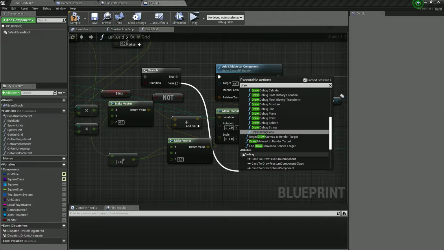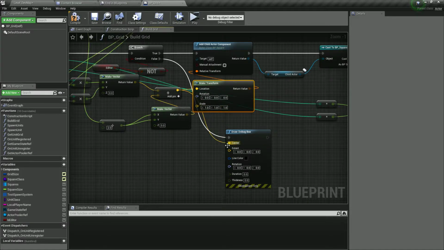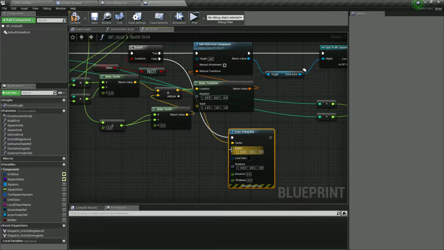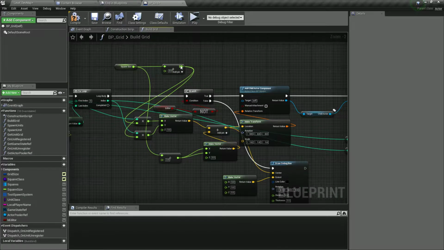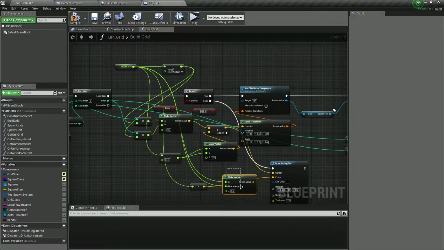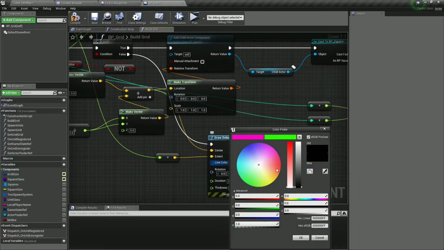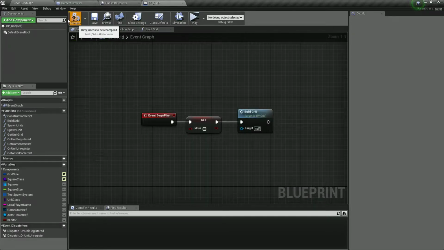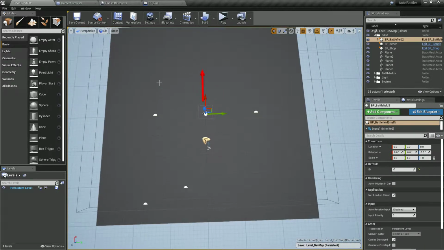If not, we're going to draw debug box like this. The center is going to be there, the extent is going to be the square size, I think. Well, I think we can just do this. Duration 0, I think it's going to work, I'm not sure. Thickness 5, rotation 0. We want that to be green. If we hit compile, we're only going to have green, but